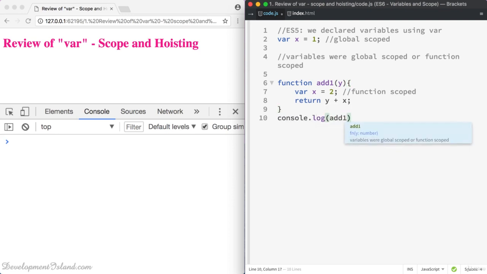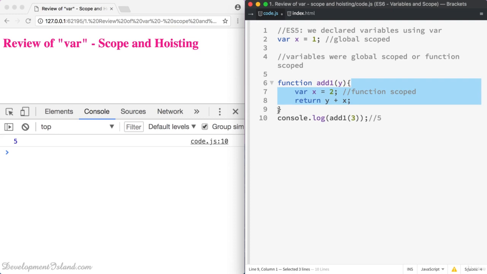add1 of 3, then you know you're going to get 5, and that's because when you get there and you look for the value of x, first of all you look for the value of x inside the execution context of your function, and that's where you find x equal to 2 right there, and you use the value 2. Now if you create another function